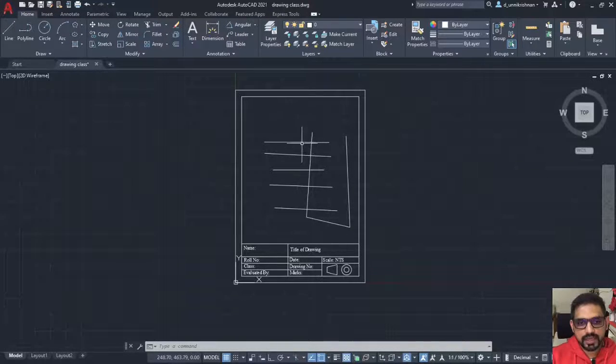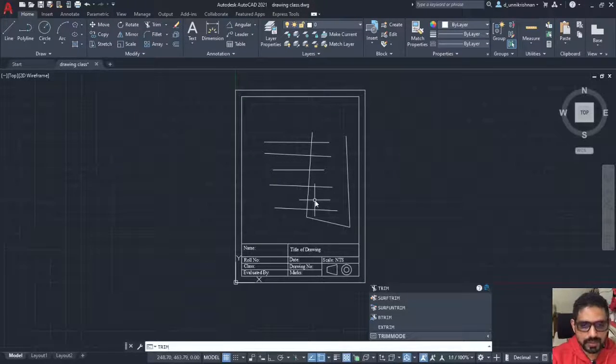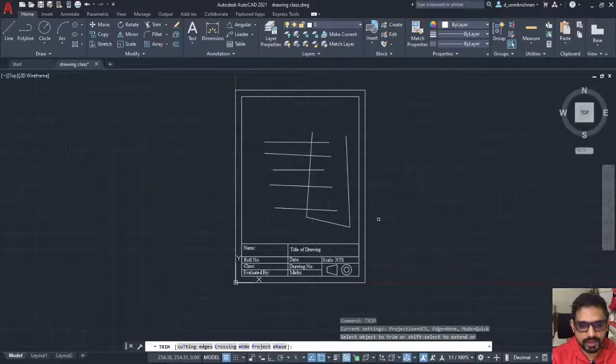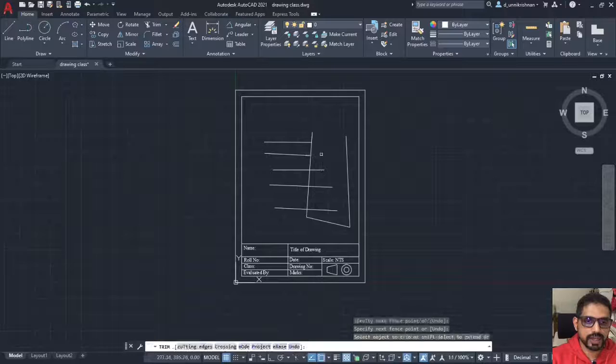See, I can see here there are several lines which cross one of the lines, and if I would like to trim off these lines with the help of this cutting edge, it becomes quite easy. The command that I would use is trim. I can type trim or I can click on this trim. Both will give me the same end result, and all that I have to do is just click on the edges that I would not want to be protruding beyond a certain edge, and that will take care of it.